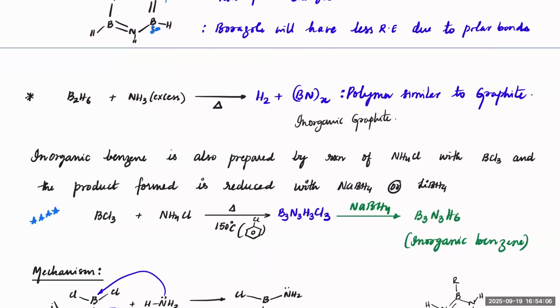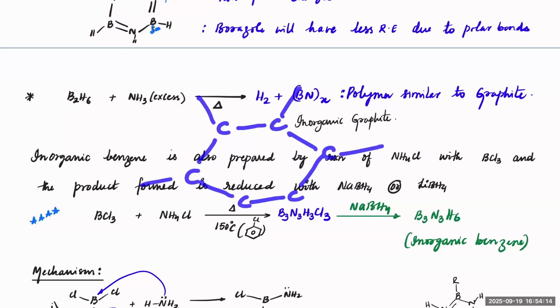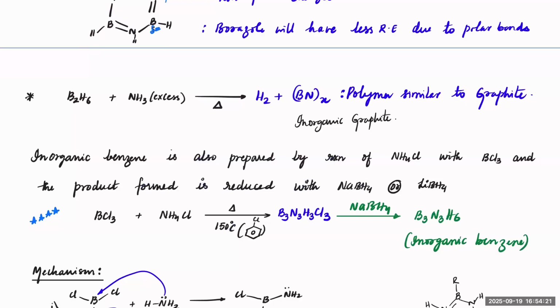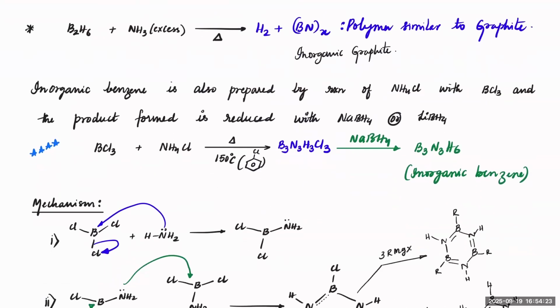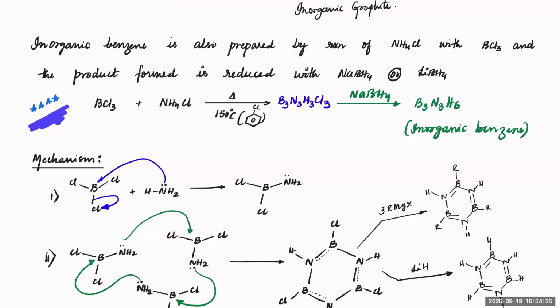Just like graphite structure, it will have layers with all of them having three bonds. Just imagine alternatively we have boron and nitrogen. This is a very standard and most asked reaction for Advanced,